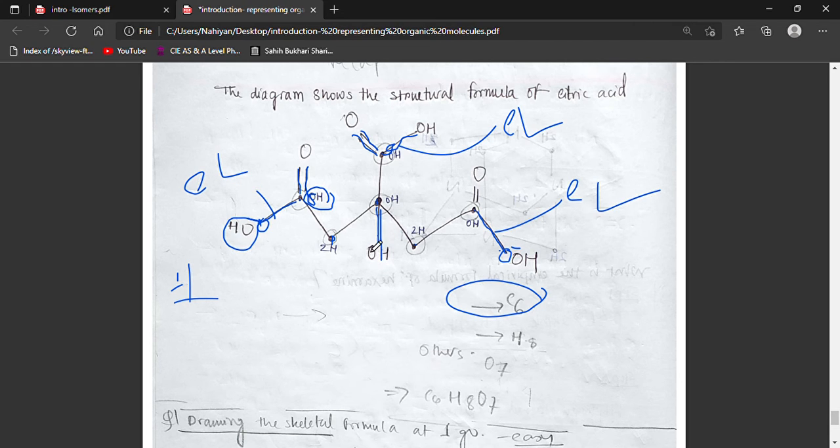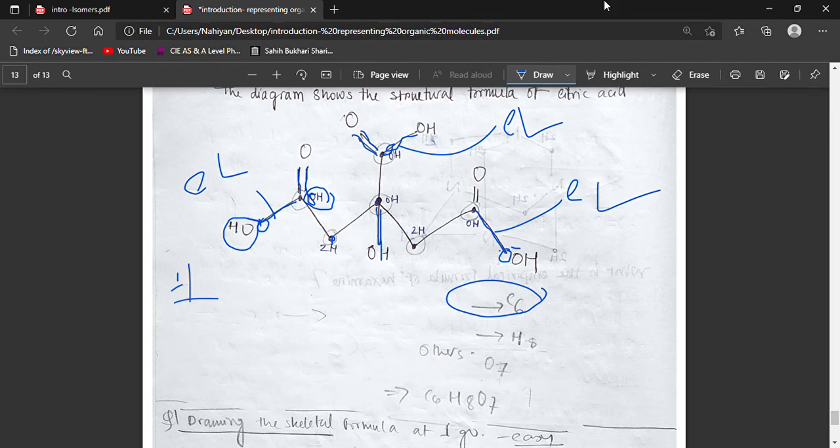This is not a free end. This represents not a carbon. So this represents no carbon and nothing else. This is just an extended line. So you have to be careful about extended lines, and what is extended lines and what is just the skeleton